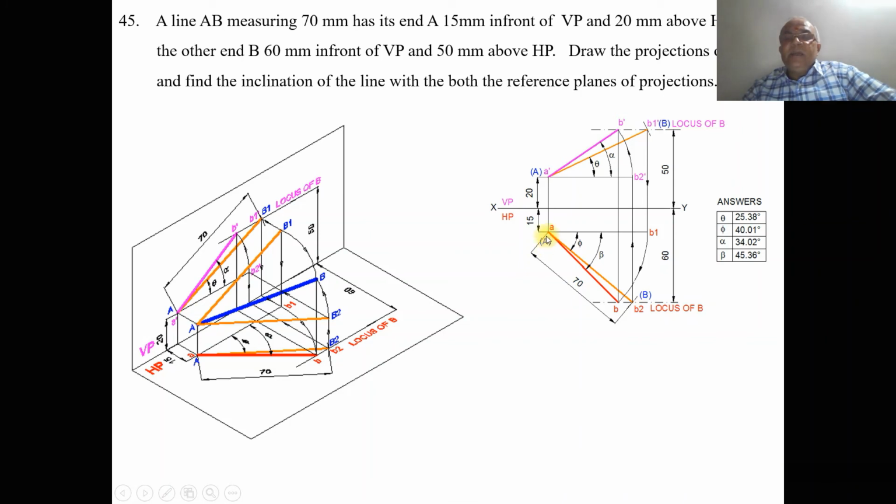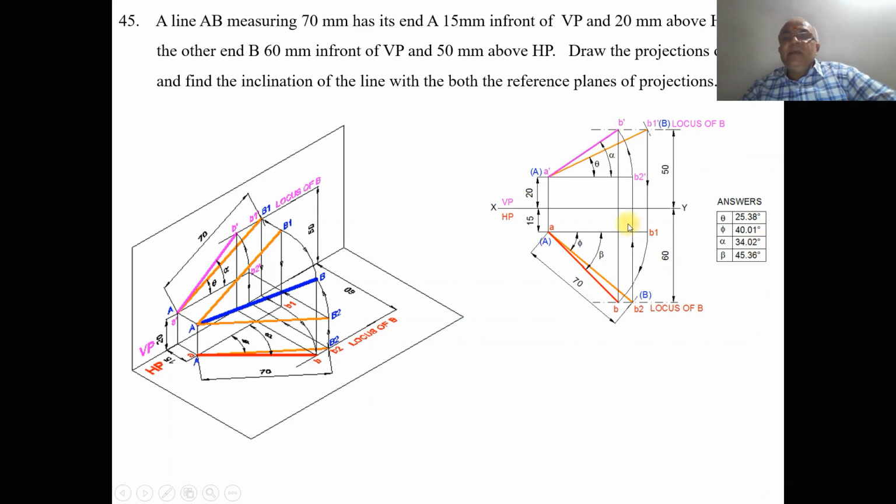Similarly, you consider the top view true length. You take aB2. From B2, you draw a vertical projector to the front view such that it touches the locus of A in the front view, so that both A dash and B2 dash are above HP by 20 mm. Since this is the top view true length, obviously its front view should be parallel to xy. Therefore, A dash B2 dash is parallel to xy. With A dash as center, taking the radius of A dash B2 dash, you draw an arc such that it cuts the locus of B in the front view here, and you mark this point as B dash, and then join A dash B dash with a dark line. When you project, B dash and b should lie on the same line.